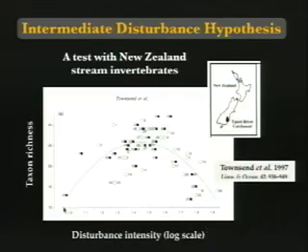So not too big, not too small. It's the Goldilocks phenomenon of just right for the community if species richness is to be maintained at peak levels for the community. Now here's a study that looked at that, because when you get into it, there aren't that many studies that have actually tested this hypothesis.